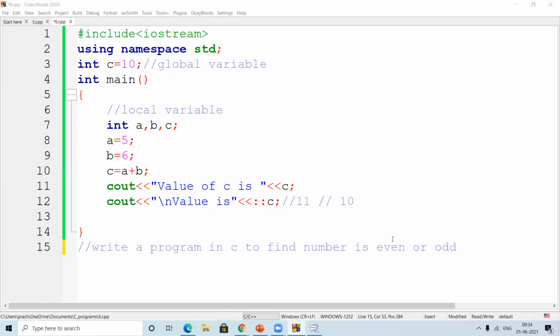If you know if else statement, then it is very easy to find out whether the number is even or odd.